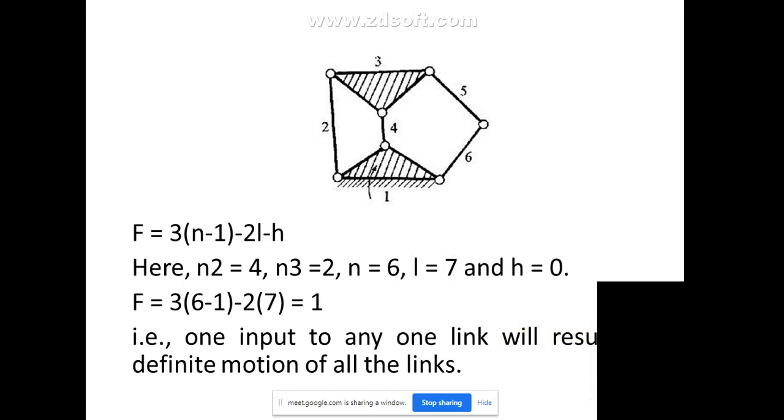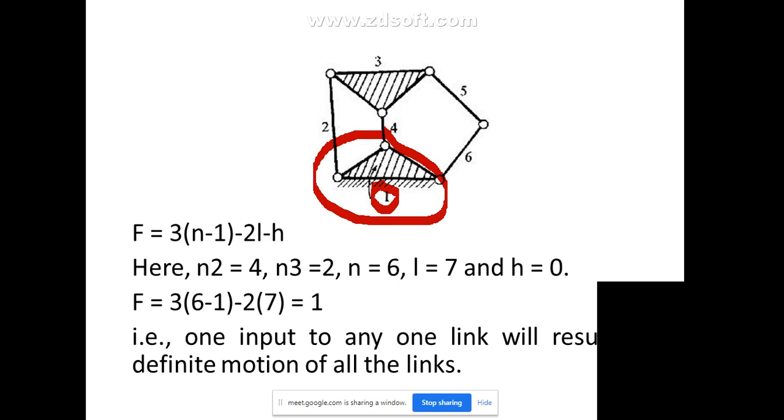So we have taken link 1 as a ternary link. You can see this is the entire link. This is not 3 different links. Always you have to be careful. Whichever links will be shaded, that will be nothing but an entire one link. So here this entire triangle is taken as one link and is given as number 1. So this entire thing is number 1.